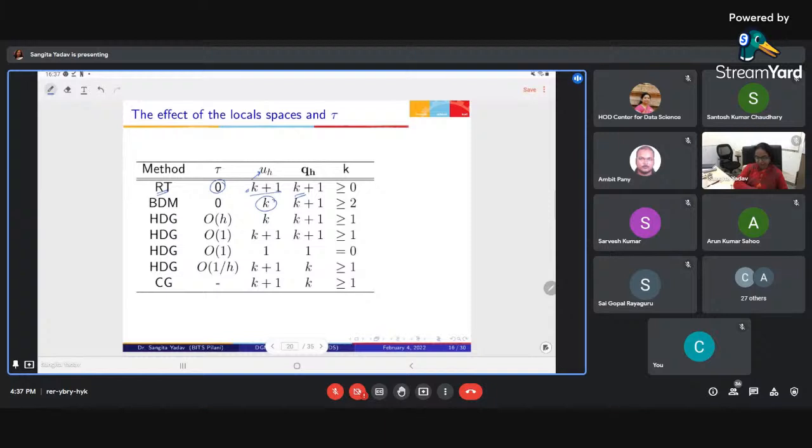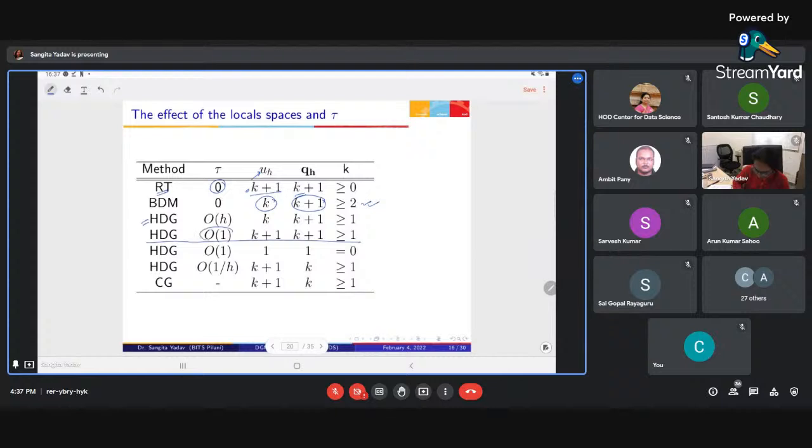So you can say in the RT method, you get higher convergence than the BDM method. As well as this, the BDM method holds true only when k is bigger than or equal to 2. This rate of convergence, k plus 1, may not be achieved when you choose k to be 1 or 0. But when you are doing this HDG method, and if you choose the stabilization parameter to